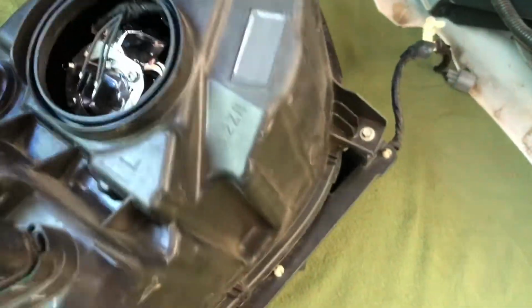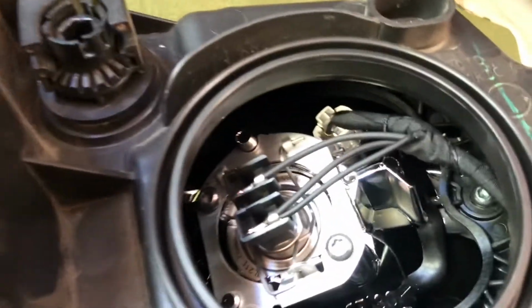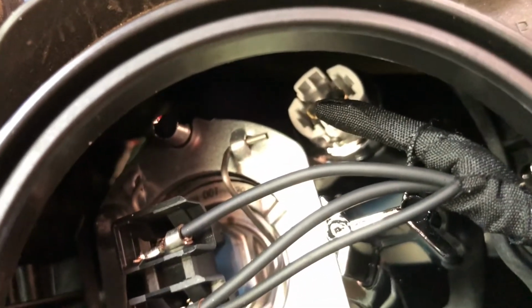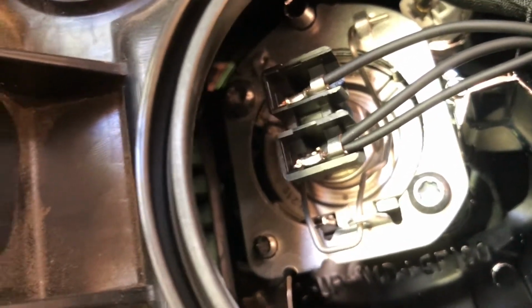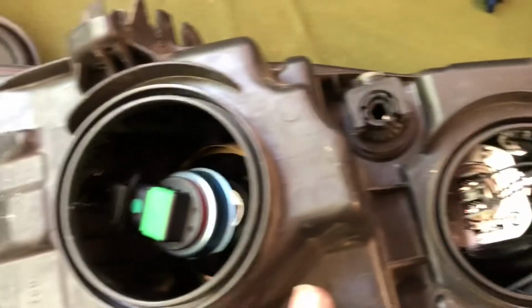Pop that cover off. And in here you can see you have your high beam and that little daytime running lamp right there, plug. So we're going to take this out, and then we'll take that one out, put that one in, then put this one in last with those two, and then we'll